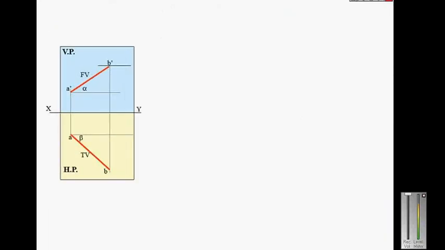So this is the line. This is the orthographic projection, meaning the front view and top view of a line AB are shown below with their apparent inclinations alpha and beta. So A dash B dash is the front view, its apparent length, which makes an angle of alpha degree with HP or with the XY line, and AB, which is the apparent length of the top view, makes an angle of beta degree with the XY line or VP.